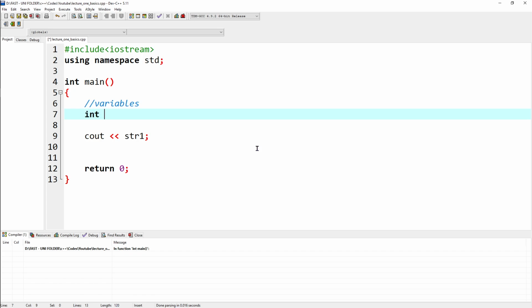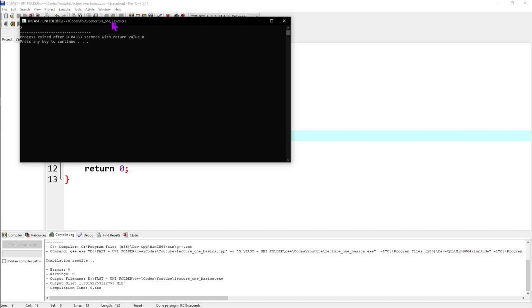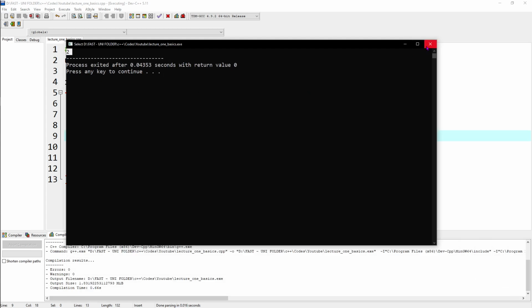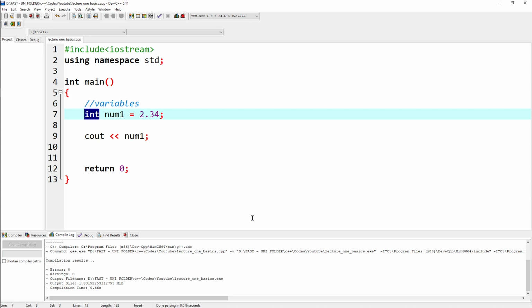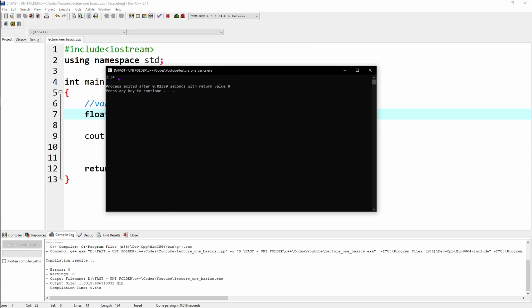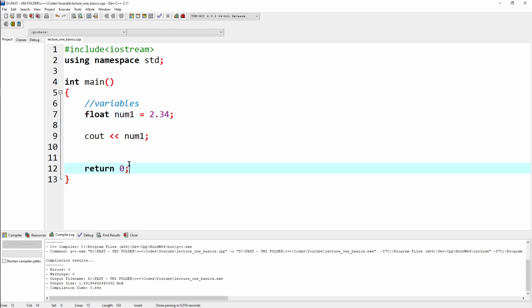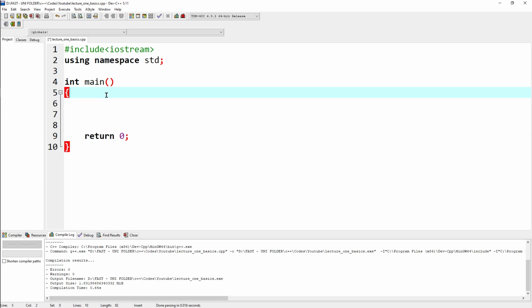Let me give you an example. Suppose I have an integer variable named num1, and I try to store a decimal number in it, 2.34. Now let me print out num1, which is an integer, and it should technically not store a decimal value. And if you see, you only get the 2. The decimal is dropped off since it was flagged as integer. But now if I write float for num1, and if I try to print it out now, you can see you get the whole decimal. So this was the variables part of C++. Moving on